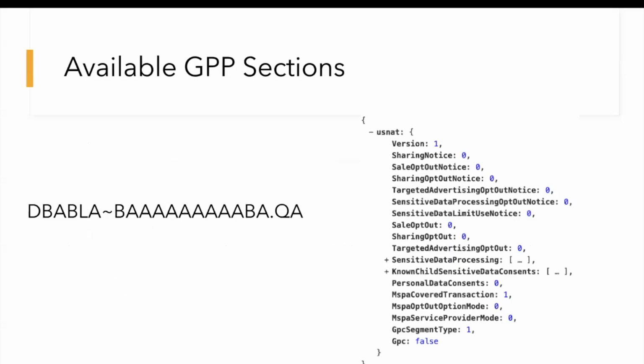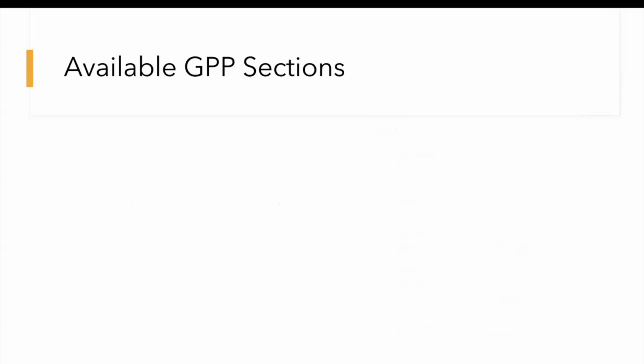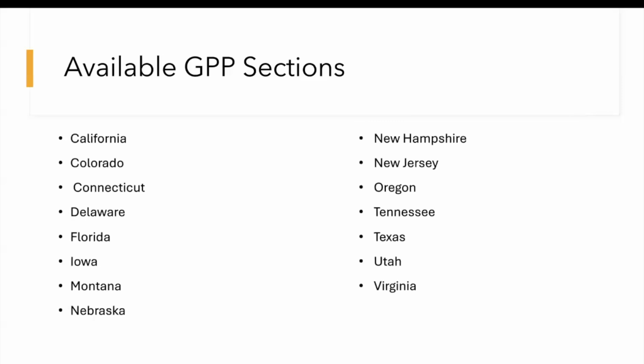The GPP represents user information as a string, or sequence of characters, that can be decoded into a much more readable format. This new representation shows GPC and several other signals such as opt-outs for specific tracking and advertising behaviors. GPP represents different regional laws with what are called sections, which include the user information that is relevant to that specific law. To be completely compliant across the United States, sites would need to implement individual measures for 15 different